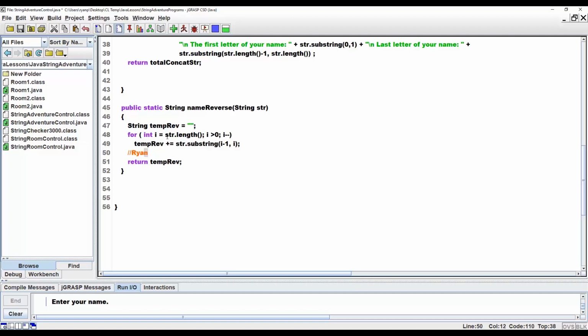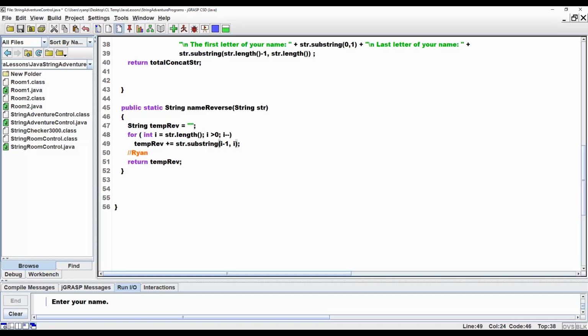So right here, the length of this is technically 4, but right here, I gets minus 1, so that's 3, okay? So that's 3, and this value is 4. And the substring is going to return the letter N because there's nothing at the 4th position, okay? Because the 4th position is technically blank, and Java's cool with that. It knows it's going to return everything less than that. So it's going to get what's at the 3 position right here and put it inside this variable right there. Then when the loop repeats itself, remember we're subtracting from I, so now I is going to be 2, and so this will be